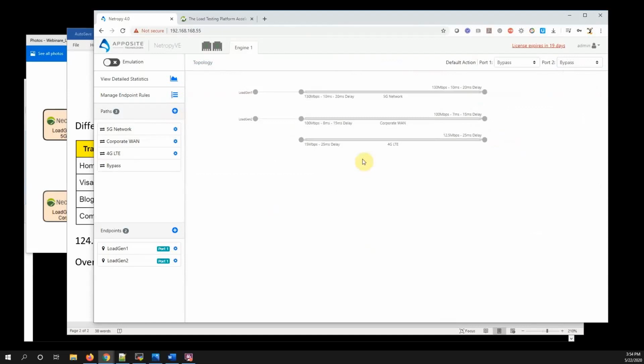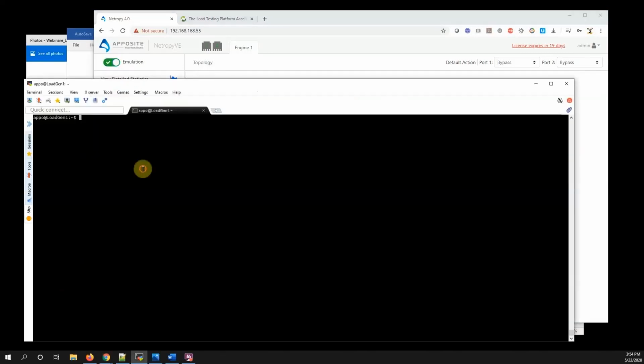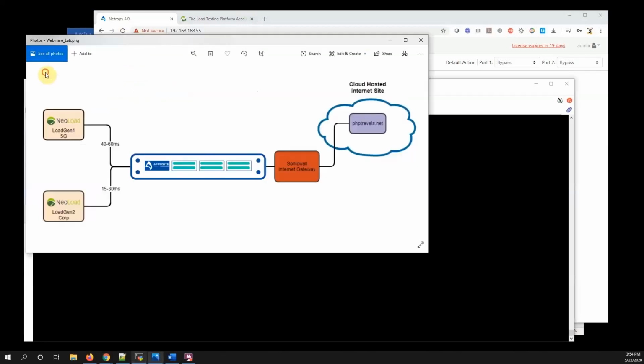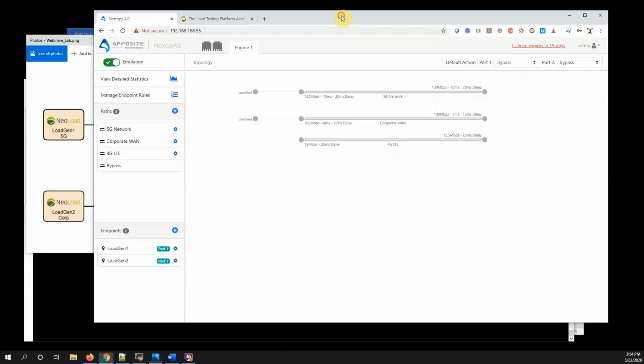We can now see 4G LTE has 15 megabit download, 12.5 megabit upload, and a ping time of 50 milliseconds. So what I'm going to do here is quickly run a ping. Remember, going back to this, I'm on load generator 1. I'm just going to ping my gateway right here through the Netropy, just so you can get an idea.